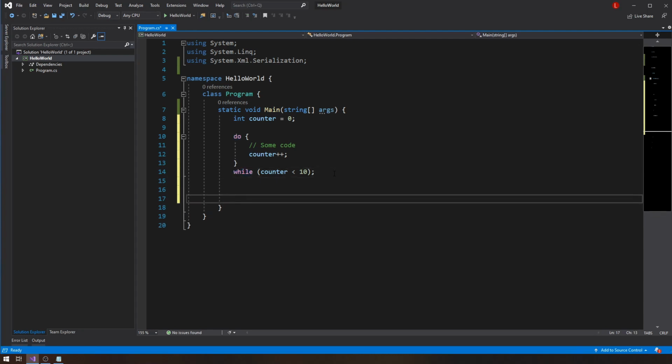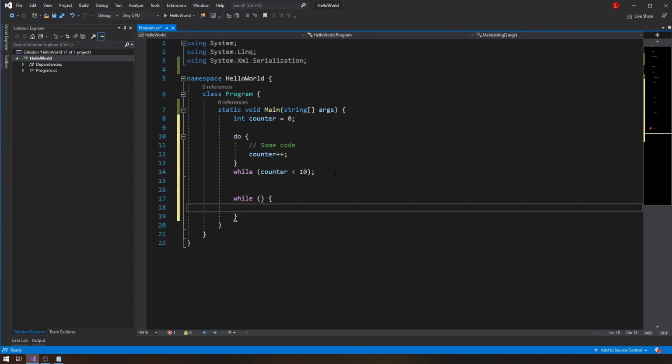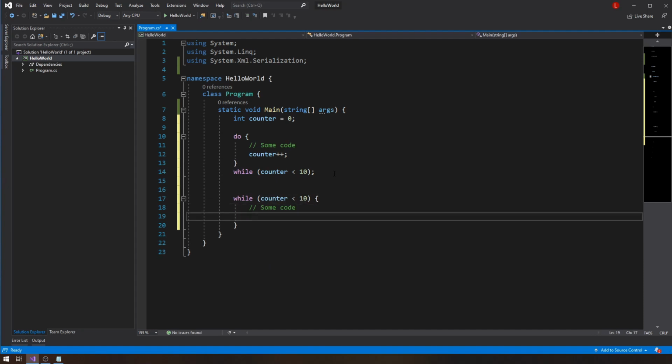While loops, however, are different, okay? And the only difference here in terms of syntax is that the while statement goes at the top. So we're gonna have a while, some condition in there, and you're gonna have some code in here, okay? The condition that goes in here is exactly the same. Okay, so we're gonna have something like counter is less than 10, and of course I cannot forget to increment my counter variable, otherwise I'll get an infinite loop and I don't want that. Okay, well, for this problem I don't want that. Maybe there are situations in which you may fall into an infinite loop on purpose, but that's not what we're